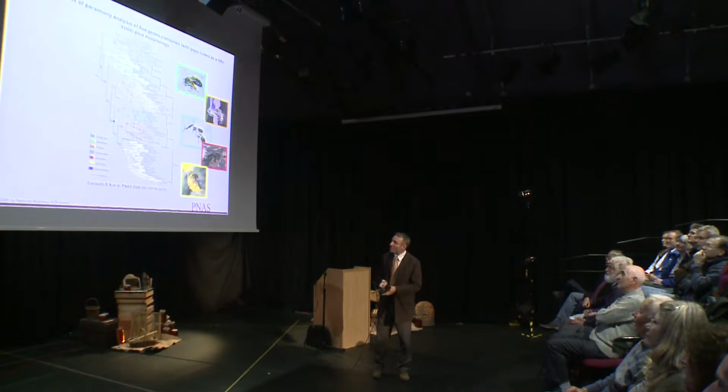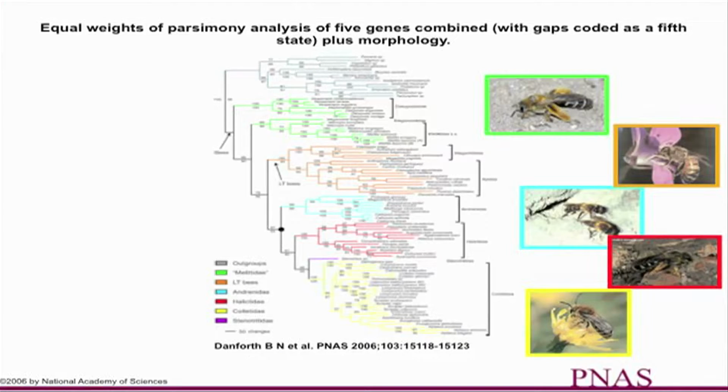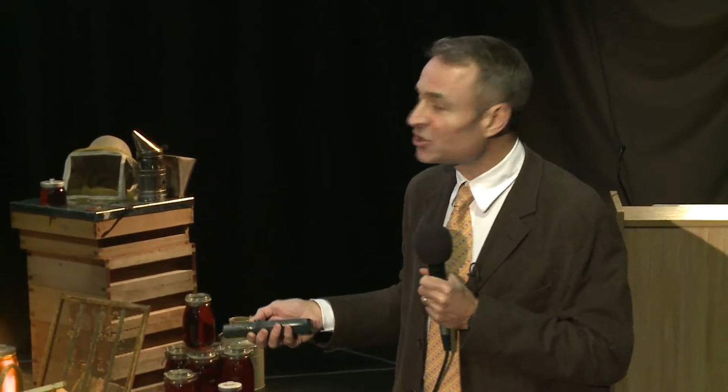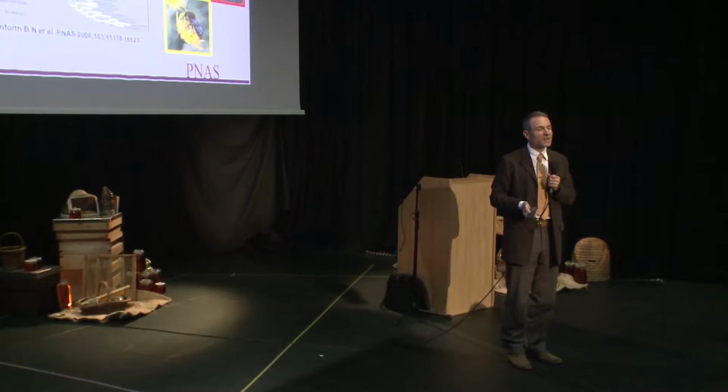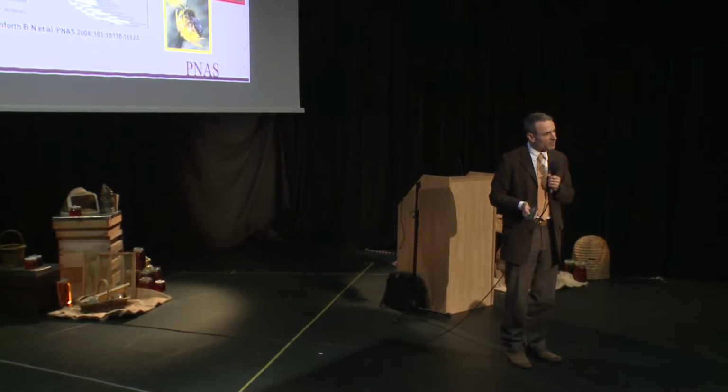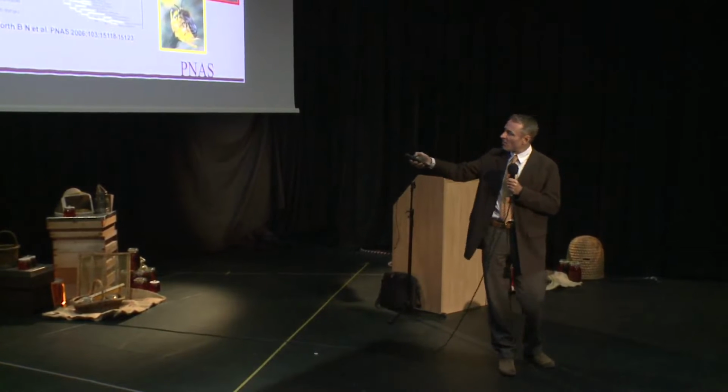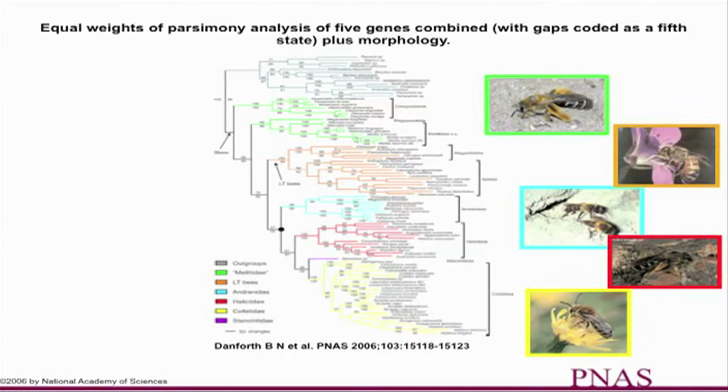Look at the colours. But what this is, is a phylogeny based on work by a colleague of mine, Brian Danforth at Cornell University, and we've been working closely together for some time. Brian's specifically interested in phylogenies, and what he's done here is to analyse all these little black things, which are the names of species. He's sequenced certain genes, not complete genome sequences, of all these individuals, which belong to different families of bee.